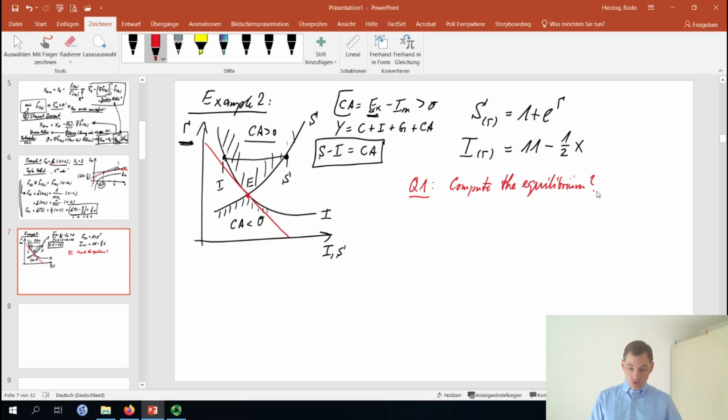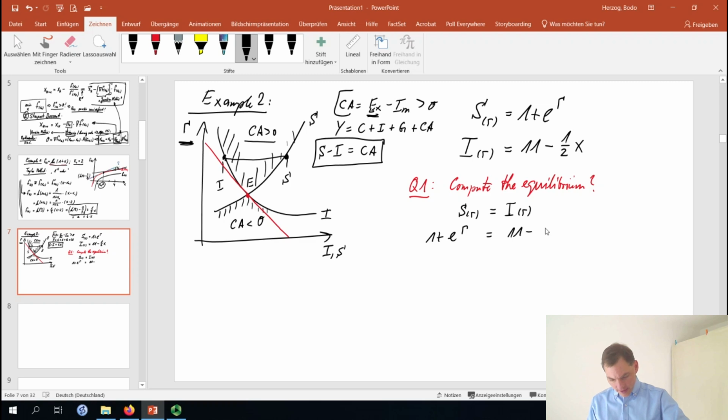Well, what you would do, you would simply equate, you would say, okay, let's say saving is equal to investment, the equilibrium. Then we write in the function that is 1 plus e to the power of r, and that is 1 minus 1 over 2 r. Okay, then let's multiply it by 2, and